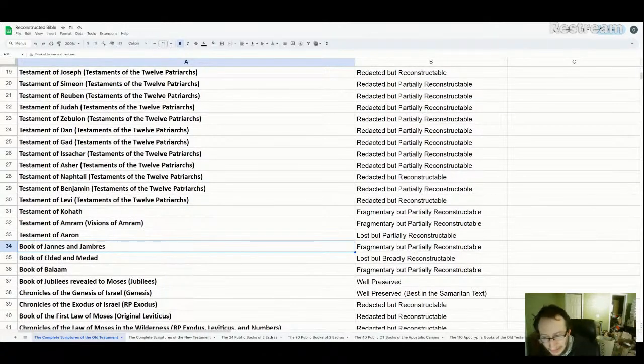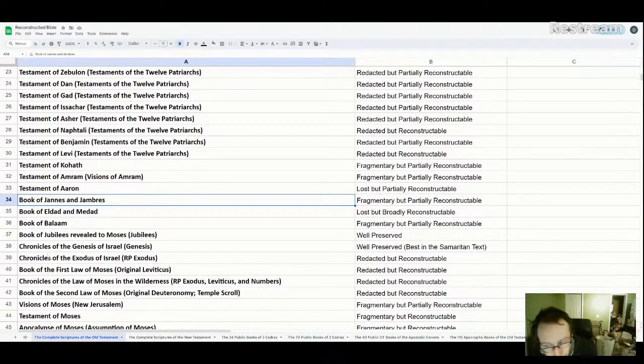Later writers get the names, like the rabbis, they have their names, and some of the other Apocrypha books have their names, but no book has it that's ancient, as old as Genesis and Yambre. So it very much seems to be the case that Paul got it from that book. And Damascus document mentions them by name as well in the Dead Sea Scrolls. So those two magicians having those names, Genesis and Yambre, is a very ancient account.